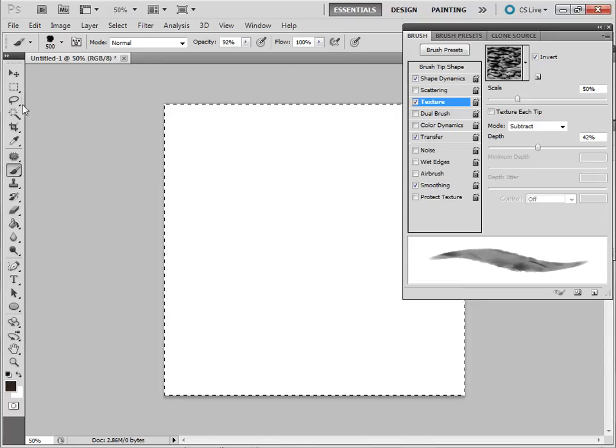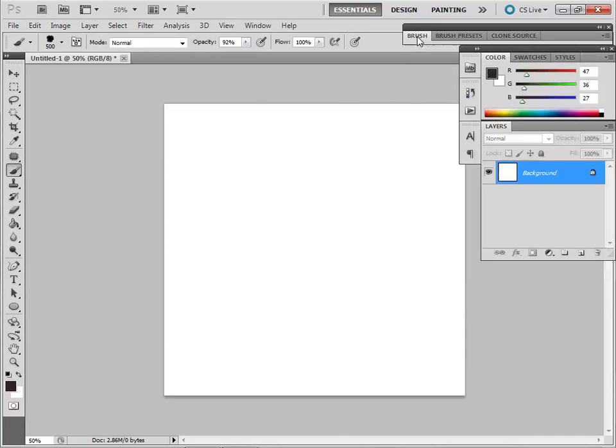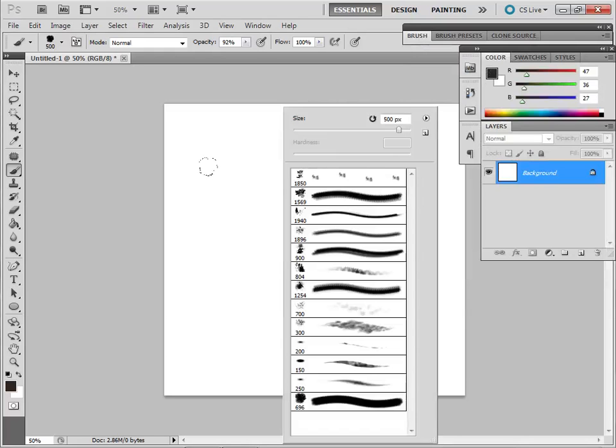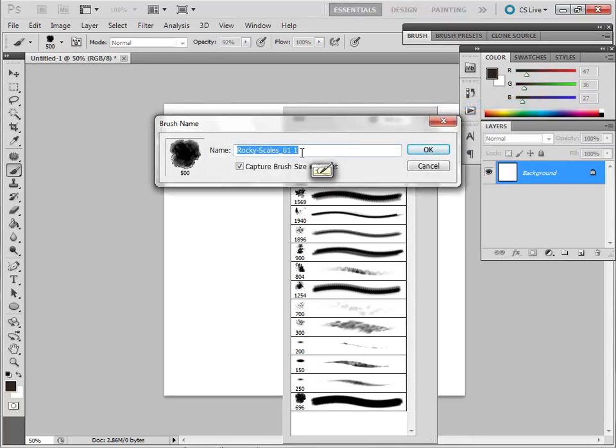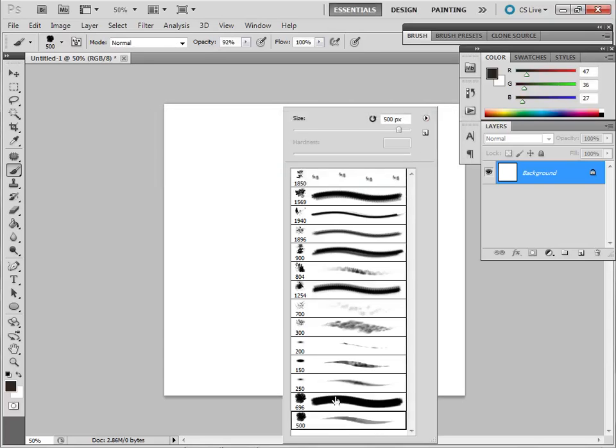So now what you need to do is go into, you can use your stylus or your mouse, and right click, and then up in here you'll see this little arrow. You want to click that arrow and click New Brush Preset, which is going to save all of the presets to the brush that you created originally down here, which is the default. So you click New Brush Preset, click OK, rename it as, let's say, O2, click OK,